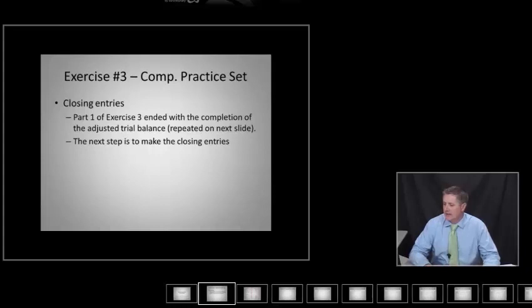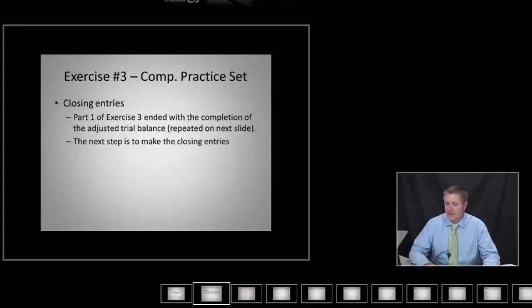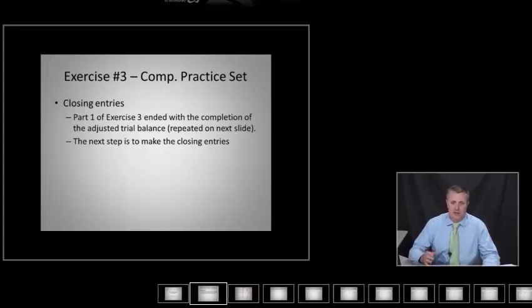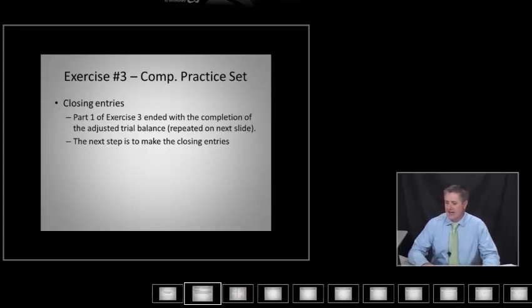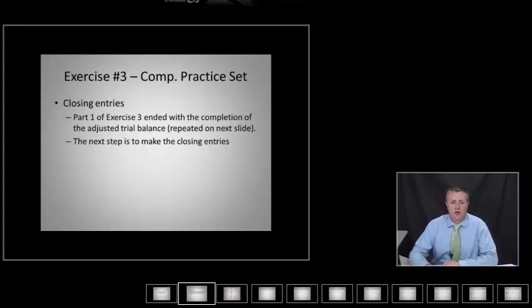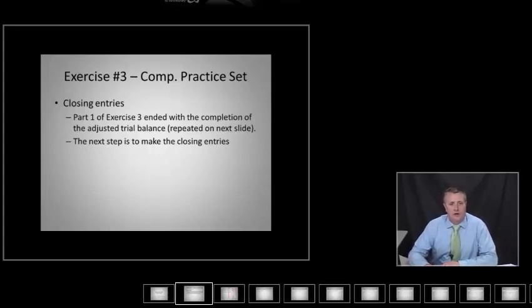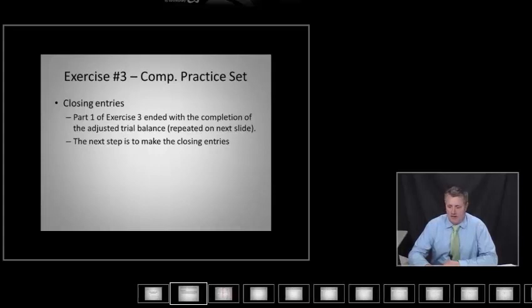The last thing we did, part 1 of exercise 3, ended with the completion of the adjusted trial balance. So I'll repeat that adjusted trial balance on the next slide. The next step is to make what's called the closing entries. And the closing entries are basically the entries that occur to zero out all of the temporary accounts on the